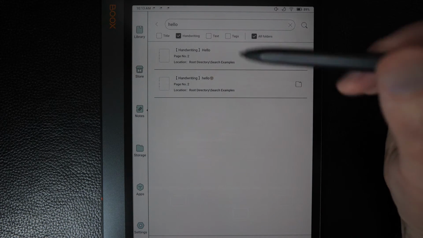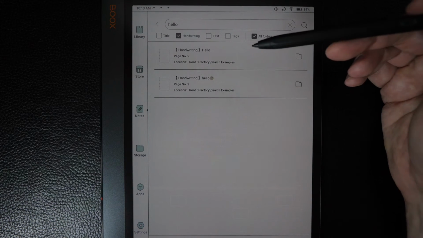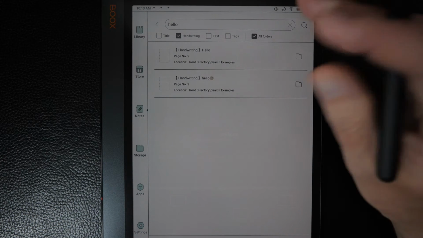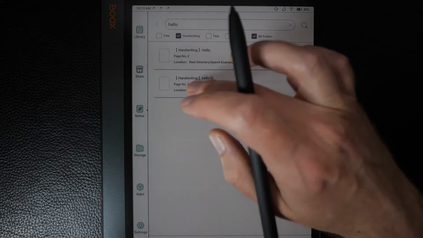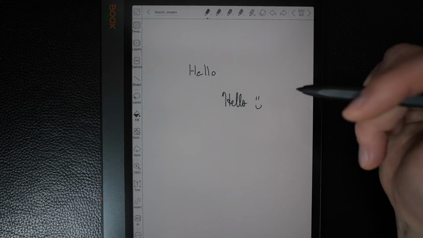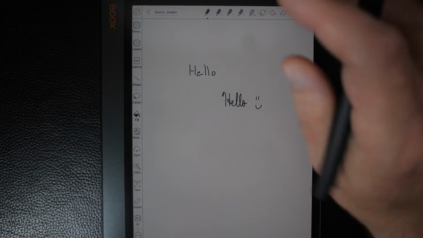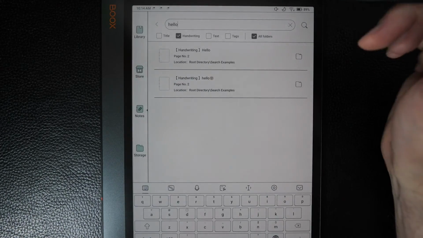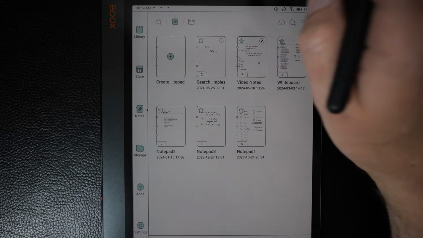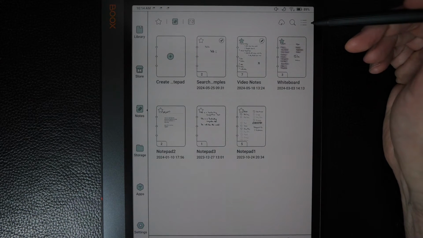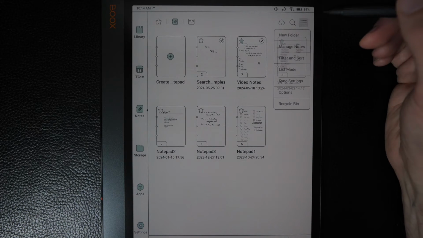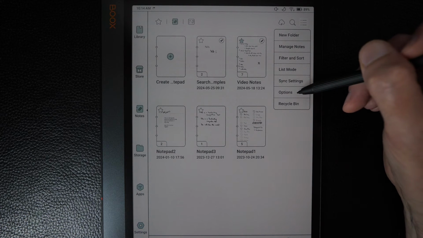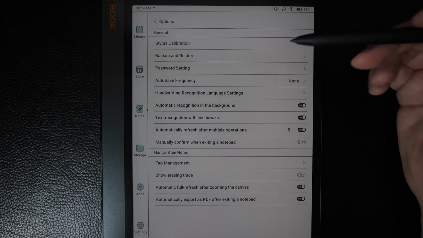And I will show in just a second, there is something that kind of helps with that. But first, these are, of course, both hyperlinks. If I click on that, it takes me straight into that page. Now, if I get out of this file, and let's get out of the search, if we click on this little icon up here, there are some options. We'll click on that. And so here,